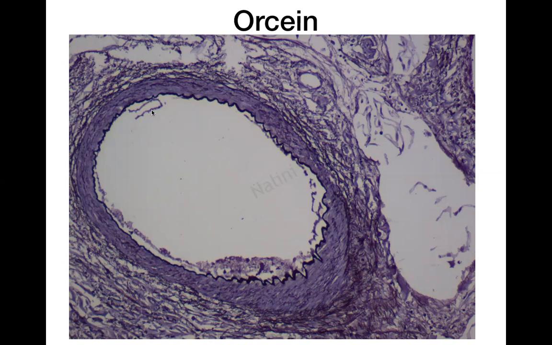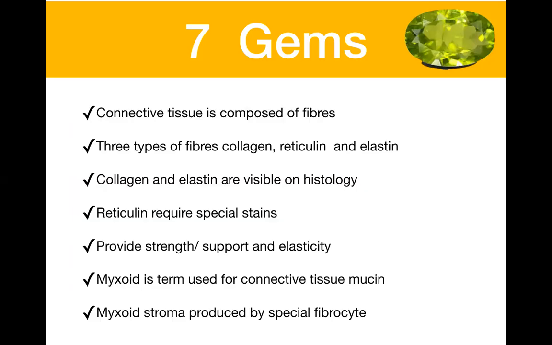And these fibers are usually seen with the Ornstein stain or with the van Gieson stain. So these are the elastin fibers that are seen with the Ornstein stain, though these fibers are also visible when you do the reticulin stain or a mesenchymal stain. So these elastin fibers will be visible, but they are more beautifully highlighted on an Ornstein or a VVG stain.